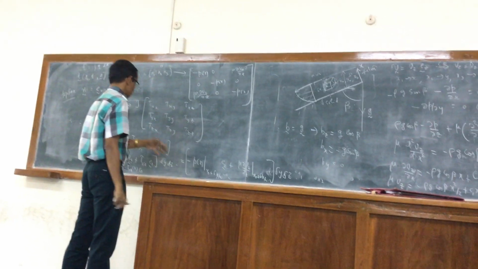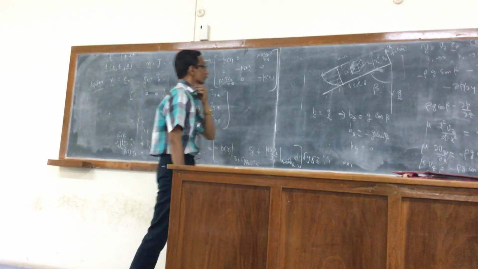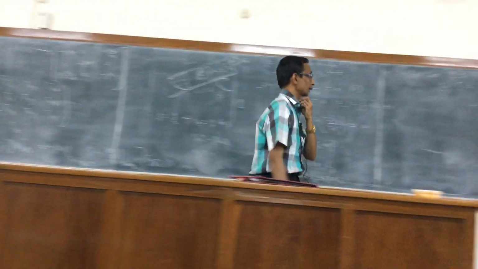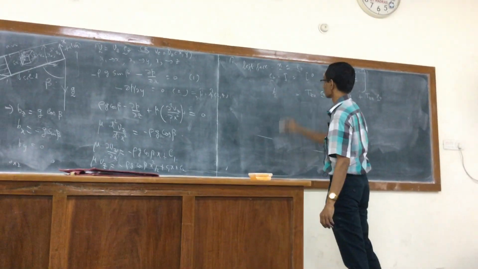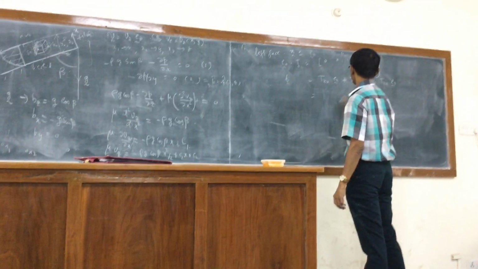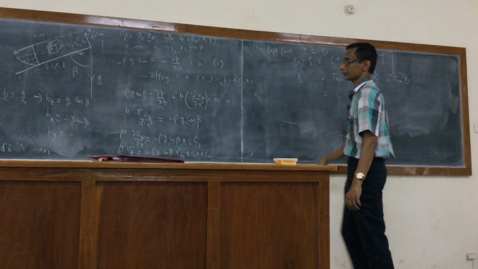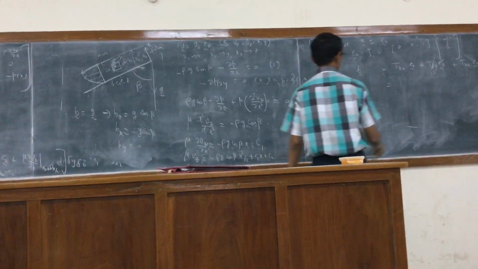So now in this particular case, tzz is minus p. Zy is 0. Zx would be